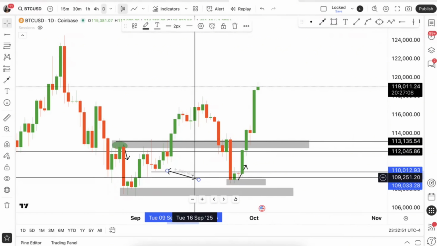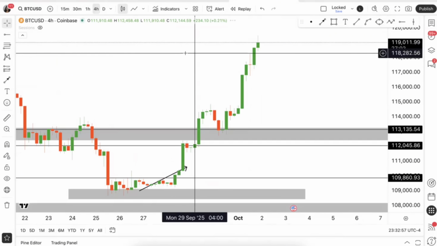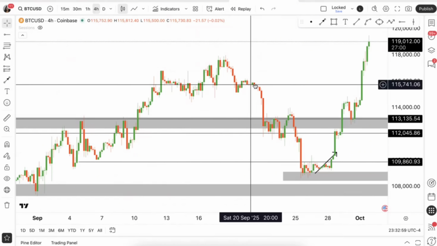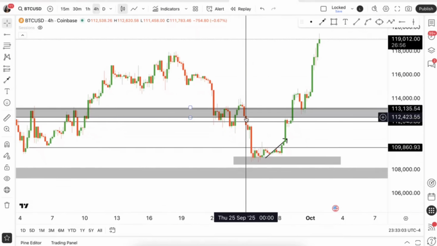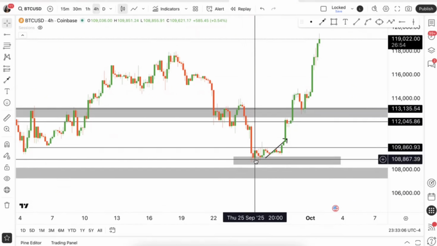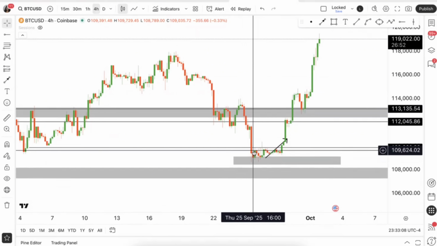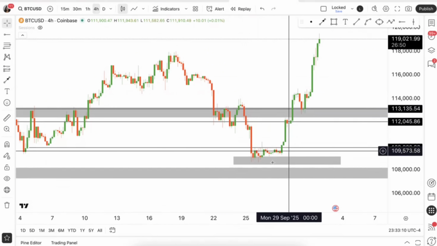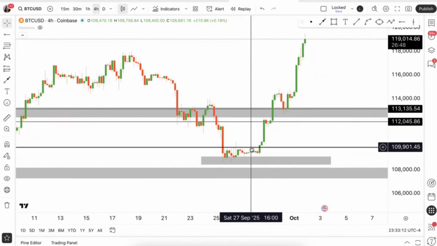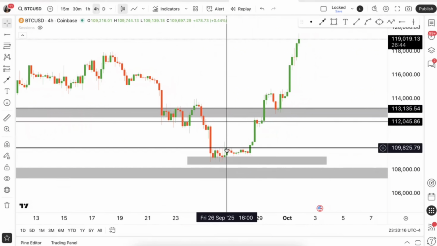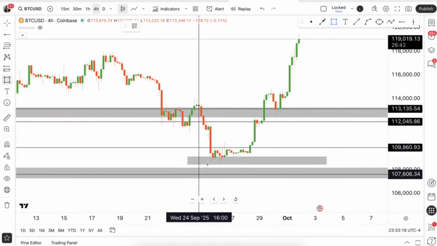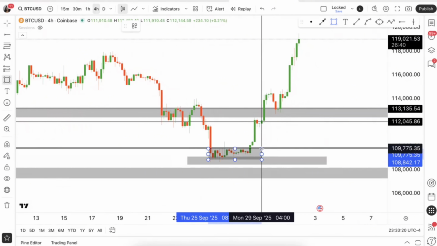So from here, we can even scale down. Right now we're on a daily. We can scale down to the 4 hour time frame. This is where price gets interesting because now we have price coming down this low and we have this level of support, and we can obviously see here that buyers and sellers are fighting. The reason we can see that is because we have a low and then a small little high here. We have rejections up here. So we can see that price is fighting at this level.